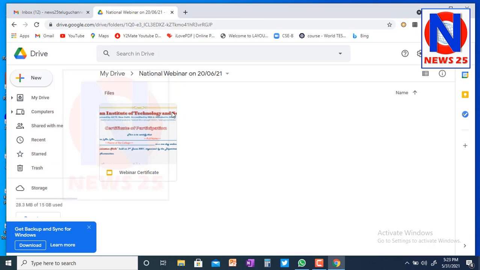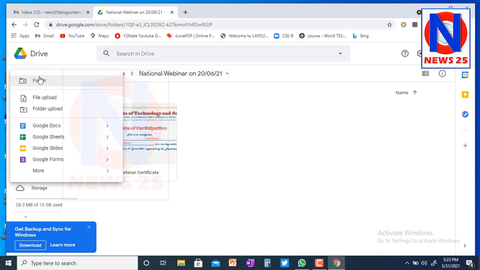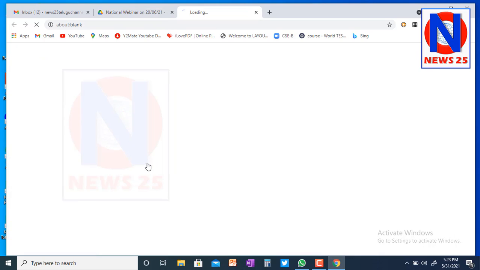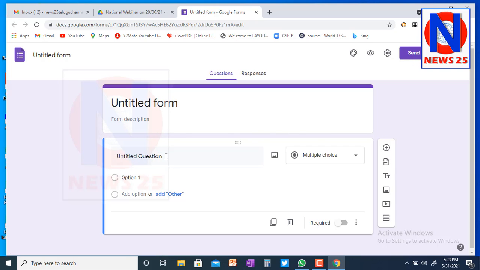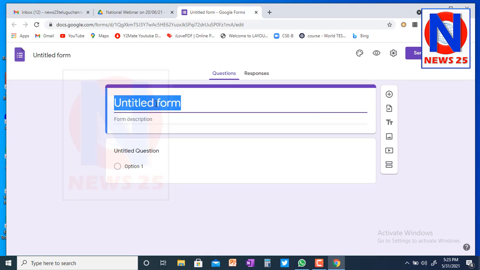Now what is the other thing? We have to create a registration form. So click on new and go to Google Forms, take the blank one. Here write down National Webinar Registration Form.